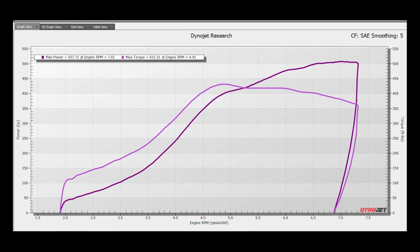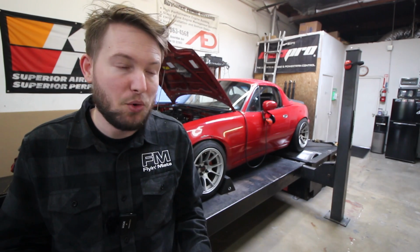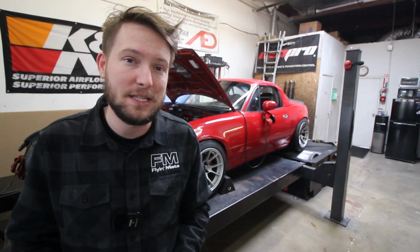All right, so we're at 507 wheel horsepower peak, just over 400 foot-pounds of torque. I might pull a little bit of timing out of it just to be extra safe on the street, but I am extremely satisfied. Right now, I am going to work with the VVT a little bit, and because I don't want to wring this thing out at 500 horsepower over and over and over on these long pulls,